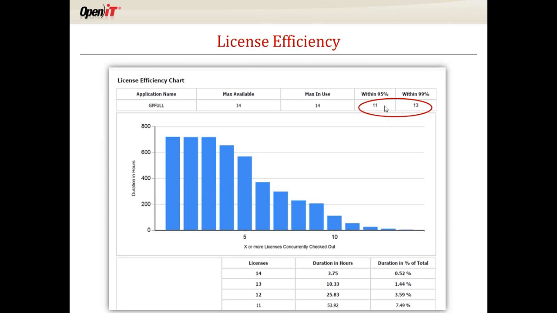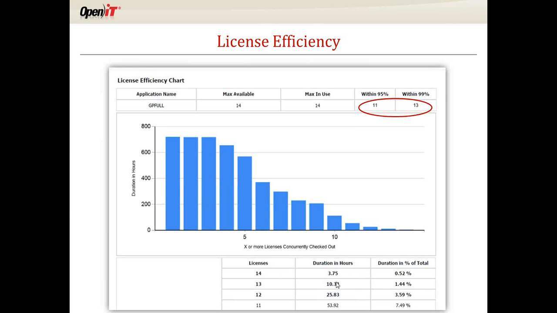So if you wanted a 99 or a 95% confidence rate, you can make some management decisions. So now that we have additional data points, and this is what usage metering is all about, it's about having all the different data so we can cut it and dig into it and look at it from multiple perspectives to make more intelligent business decisions for our companies. We're all going to have different business cultures and different needs, so our outcomes might be different, but the actual benefits coming from having these types of metrics and this type of data are going to be the same.